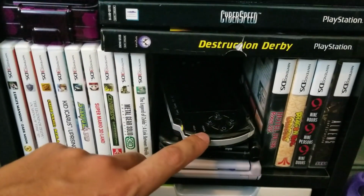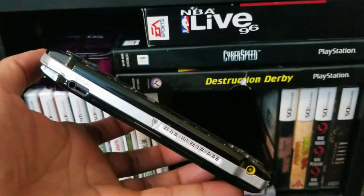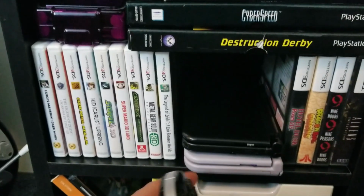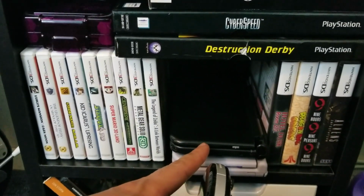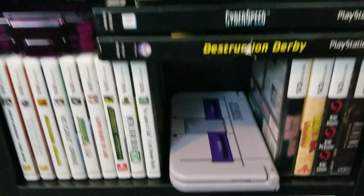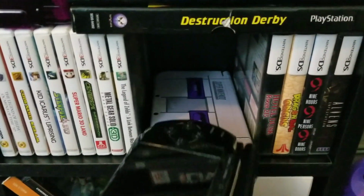So I got my handheld consoles here. We got the PSP, I think 3000. I believe it's the 3000. Yeah, because you can connect it to your TV. And then I have my black regular 3DS XL, and below that I have what I call my 3D SNES, my new 3DS XL SNES edition,